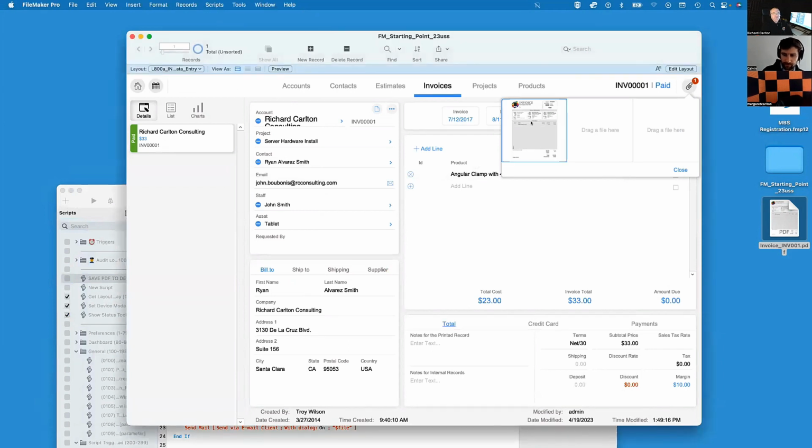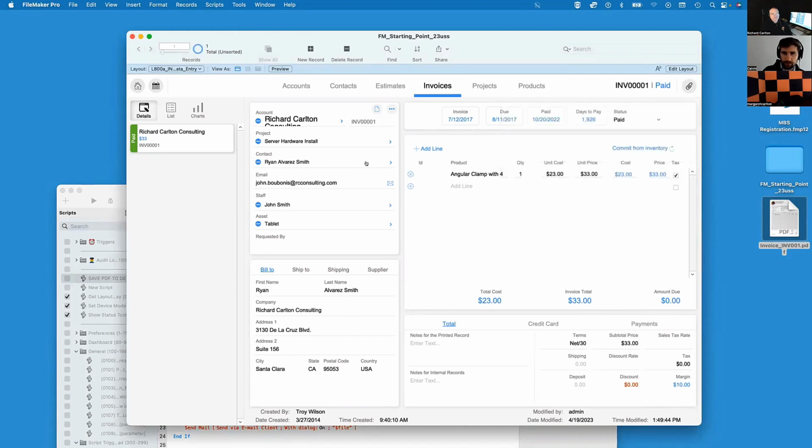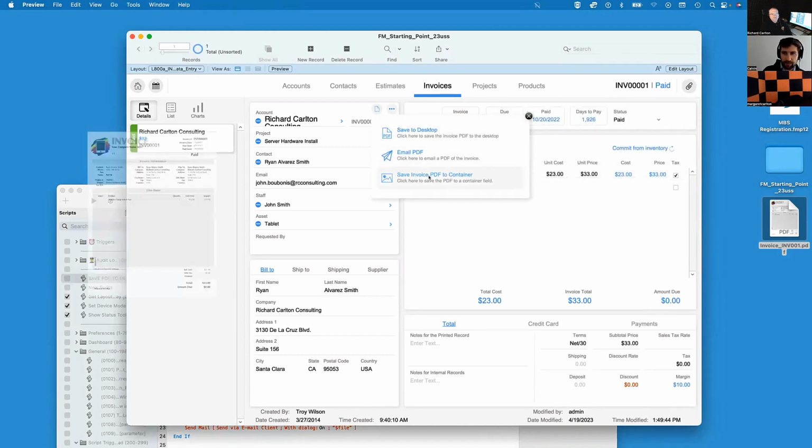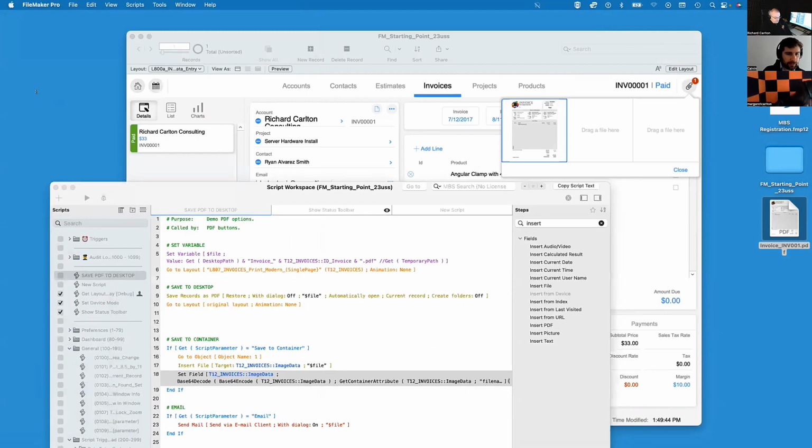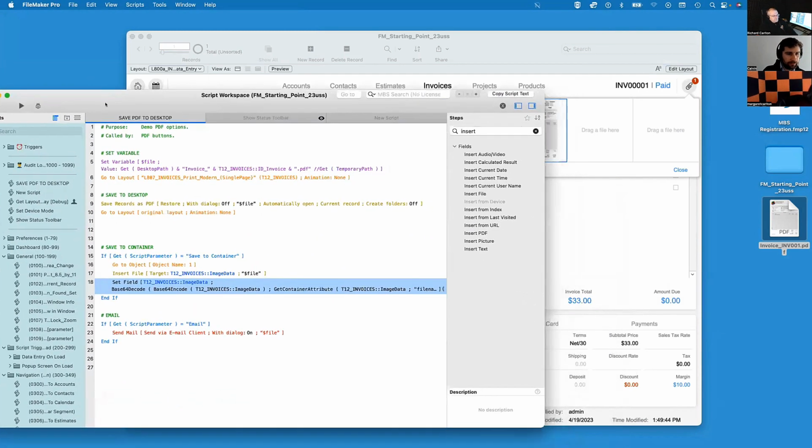Okay, I'll delete this. Close this, and let's try that one more time. Save invoice to PDF, or invoice PDF to container. It saved it, and it gave us our nice thumbnail. So that is an improvement. Any questions about this setup with the Stu